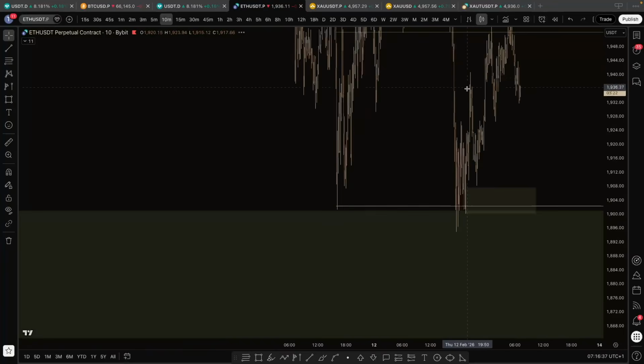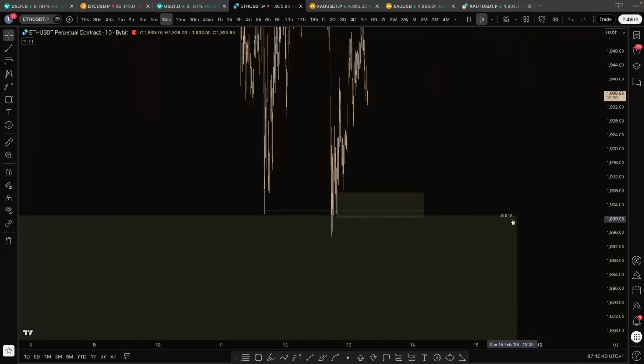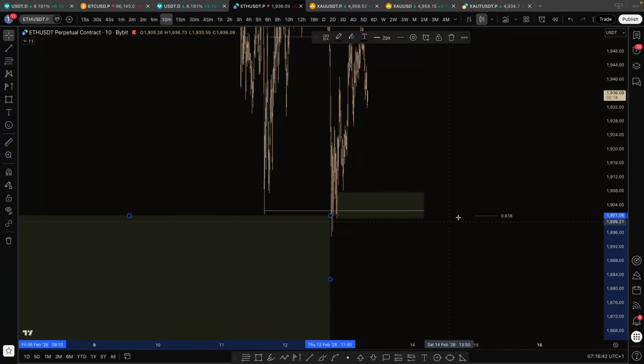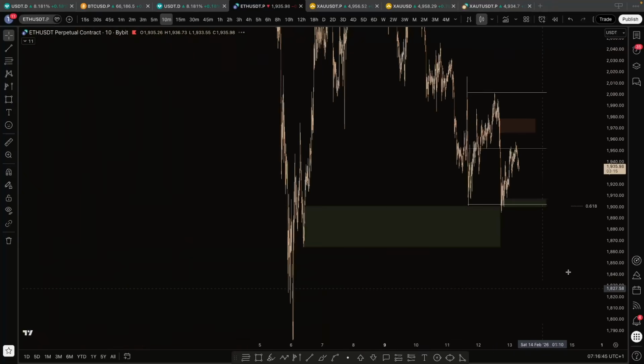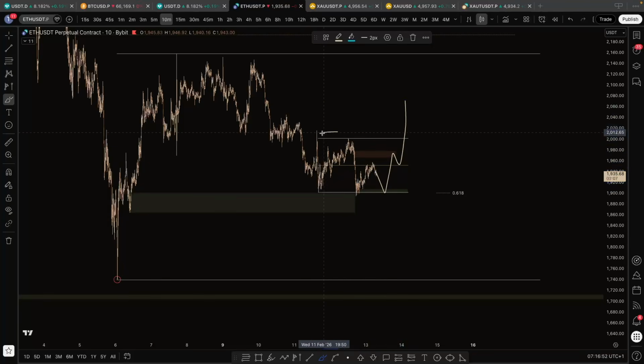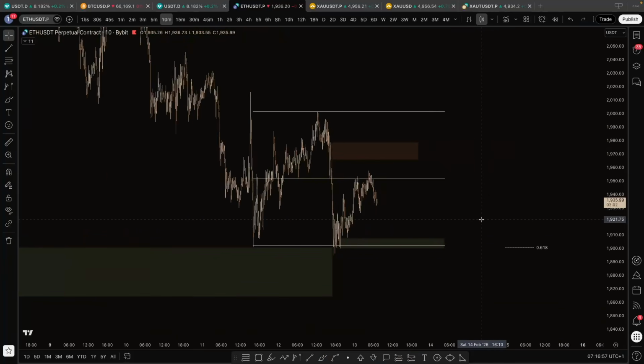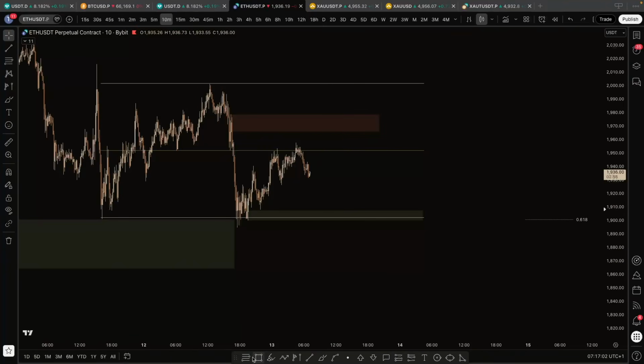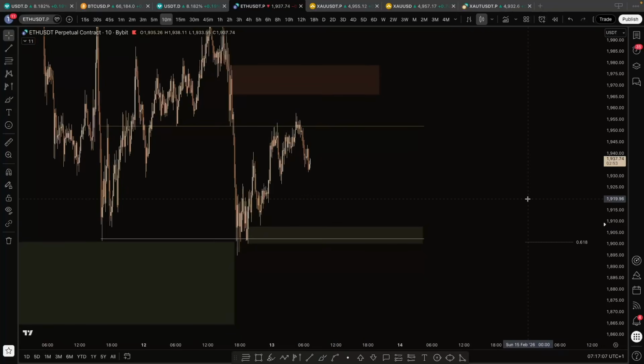Okay, this is actually a very clear POI. This is a very clear POI, and this is a very good area to bounce as well. But I don't like the range right now. I would rather create a new range. But I am gonna watch this POI, yes. But know that I like the idea of creating a new range way more, okay? So I am gonna set an alert there in case we make, for example, a low time frame Wyckoff, you know?